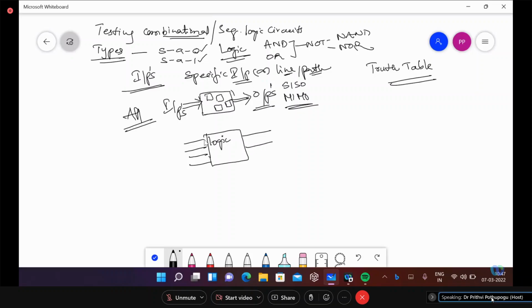In order to test that specific line, what should be the other inputs that should be given to define a specific output. All this is the analysis we'll be doing. So what is the logic, and based on that, what should be the inputs given? I think this also we have seen in the previous